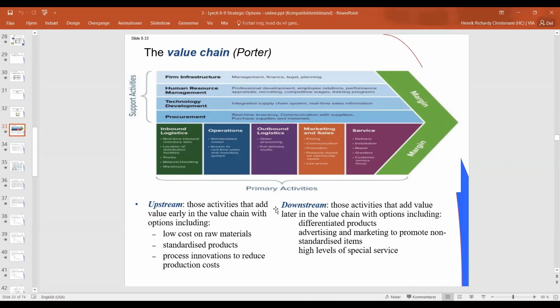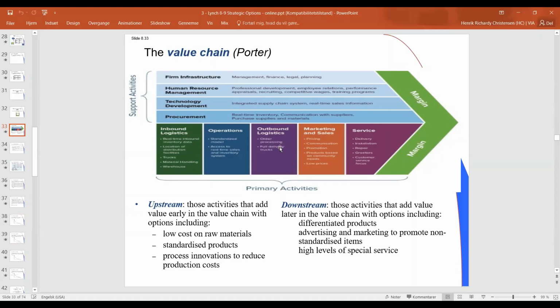Then he would ask us, what about downstream? Aren't you good at any downstream activities? Aren't you good at differentiating your products in the marketplace? Are you good at advertising? Can you create a brand, etc.? And then we would go back to our analysis, for example, from our fortified forces, and we will say, well,